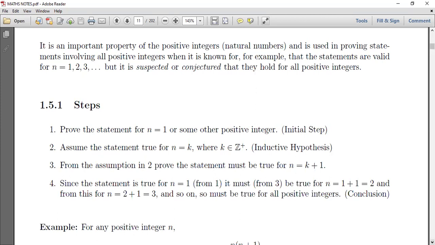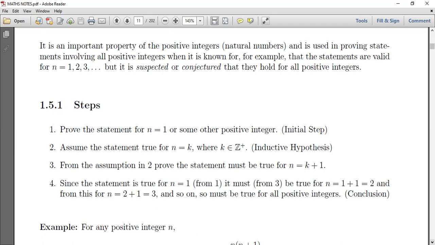And the steps follow a logic that if you want to prove that something is true for n equal to 1, 2, 3, 4, 5, if you are able to assume that it is true for n equal to 1, and if we let k be any positive integer, and if we are able to show that the statement is true for n equal to k, then if you are able to show that the statement, or whatever mathematical statement that you want to prove, is also true for n equal to k plus 1, where k is an integer,